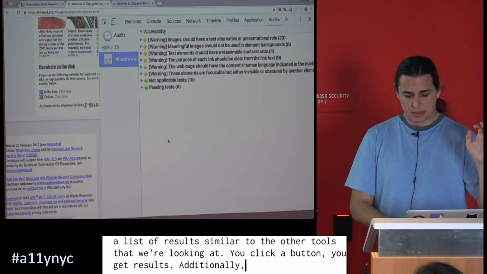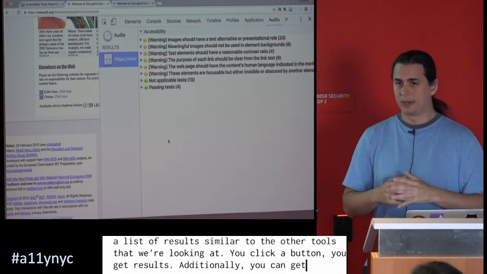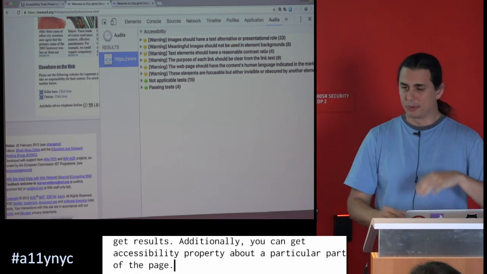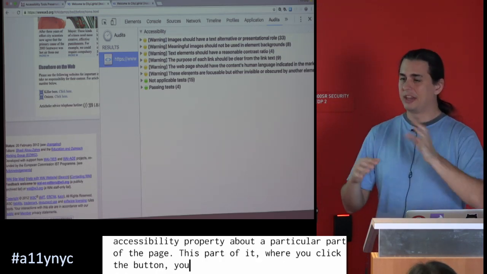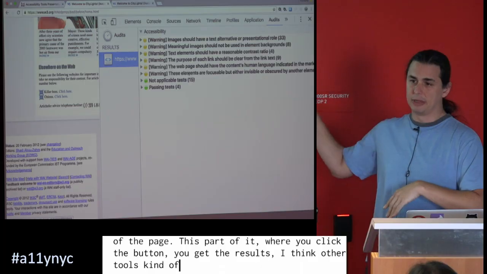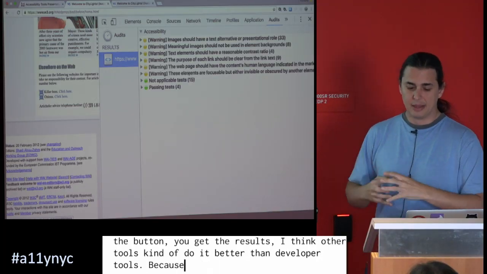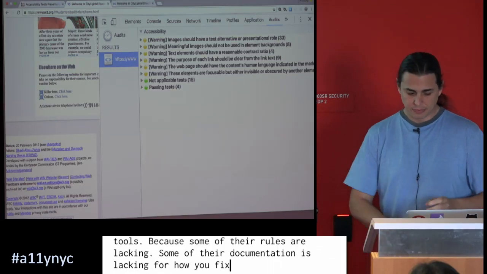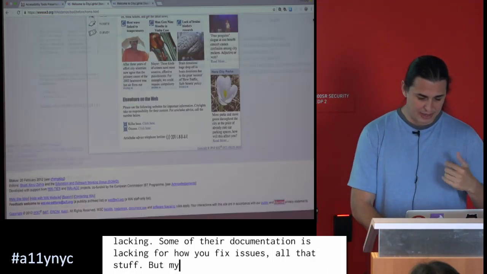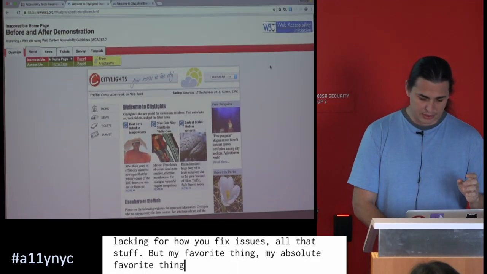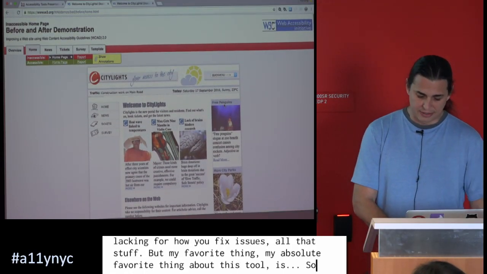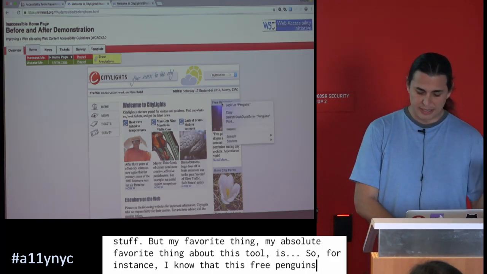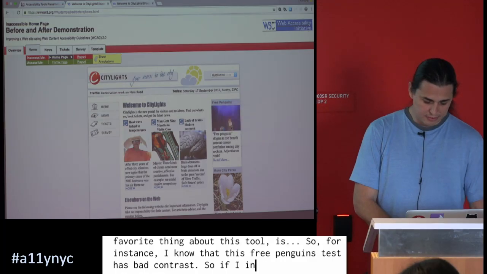Additionally, you can get accessibility properties about a particular part of the page. I think other tools do it better than Developer Tools because some of their rules are lacking. Some of their documentation is lacking for how to fix issues, all that stuff. But my absolute favorite thing about this tool is, for instance, I know that this Free Penguins text has bad contrast. So if I inspect this element,